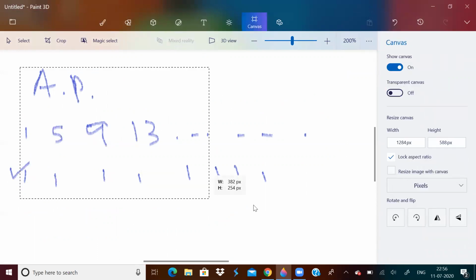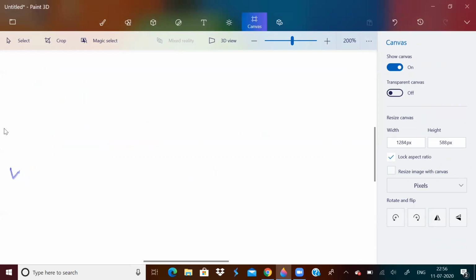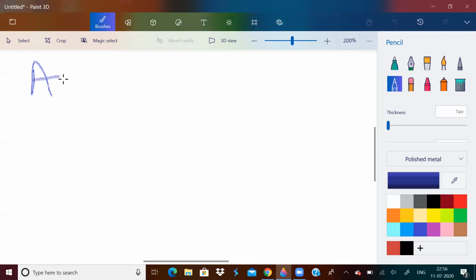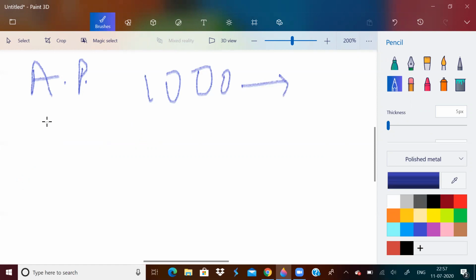Or what you can do is print any AP, keep printing an AP. When the value exceeds 1000, start printing in reverse order. For example, if I'm printing this AP, 1, 5, 9, 13, somewhere it will become more than 1000.